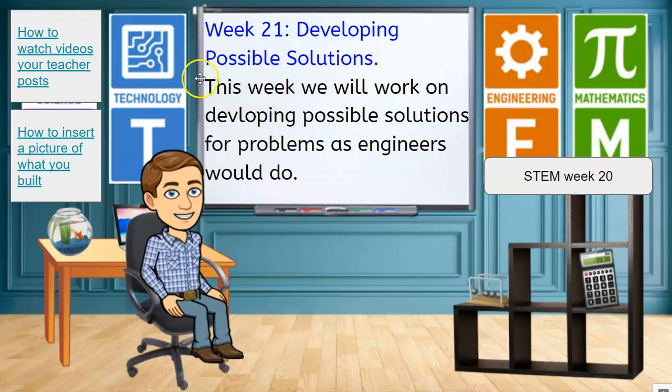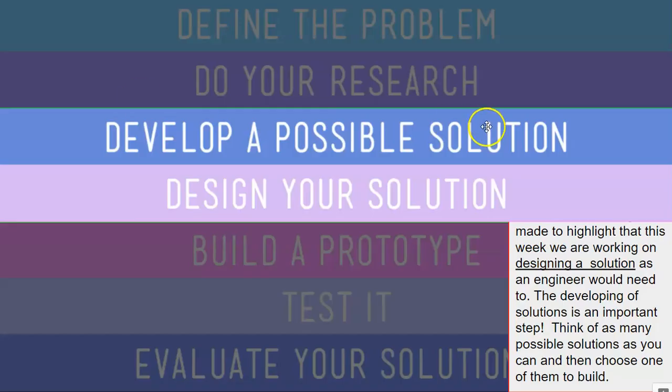But this week we will work on developing possible solutions for problems as engineers would. Last week we did define the problem and doing research. We read some articles on different actual problems in the world, and you did your research there. You used that research to define some problems. This week we're going to work on developing a possible solution, which is really thinking of as many possible solutions to a problem as possible. So you think of lots of different solutions, and you're proposing them, you're thinking about them, and you're listing them